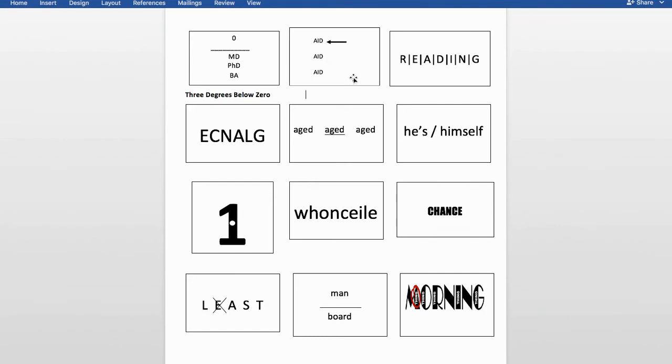Now we're going to move on to this one. So we have aid written 3 times, but you notice there's an arrow that's indicating this top one. And so we have to figure out what that means. So out of these 3, this one is being focused on, this one is being pointed out, and it's the first one. And so you have first aid, which is a saying,